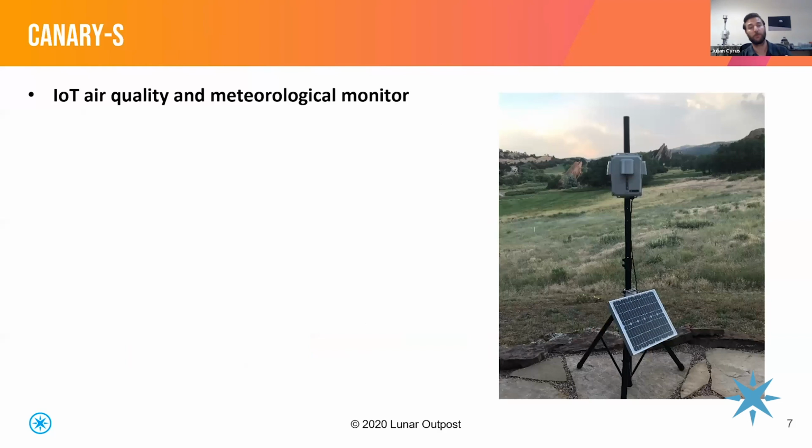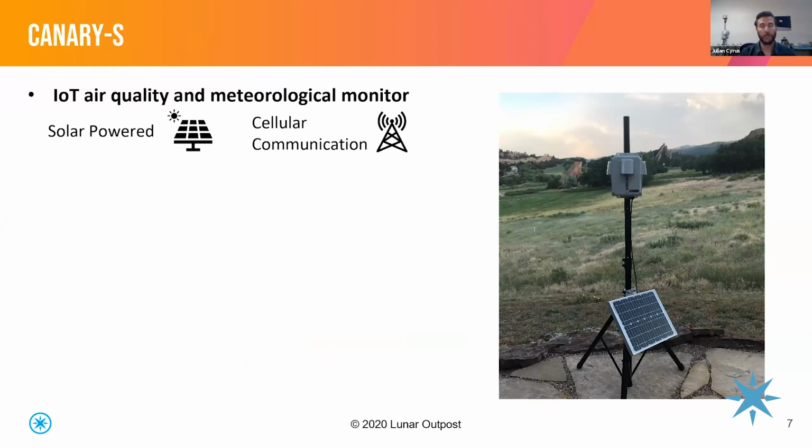So now we'll hop into the technology a bit. The Canary S is what we call our IoT air quality meteorological monitoring line. It's called Canary S because it is solar powered. We also have the Canary E, which is Ethernet based, but we won't talk about that for this talk. Now, this unit is solar powered and it communicates over cellular, which is important